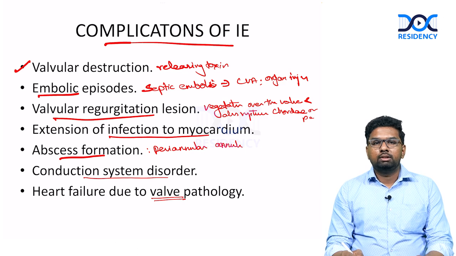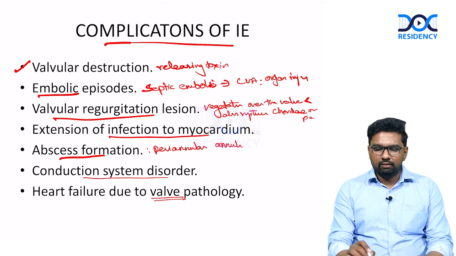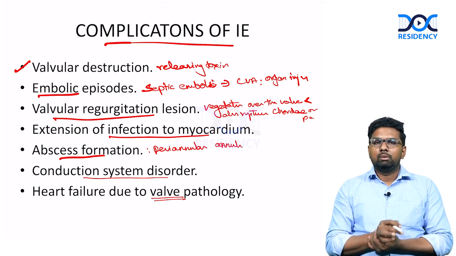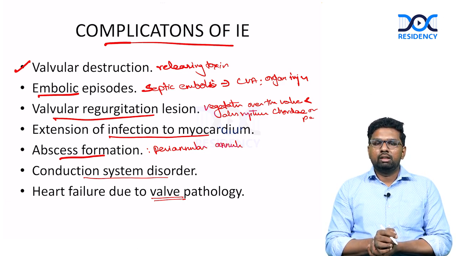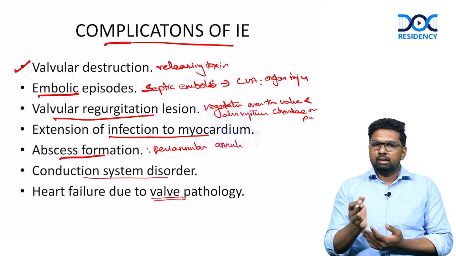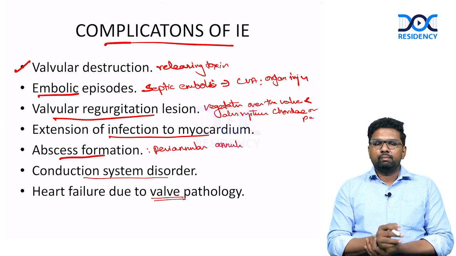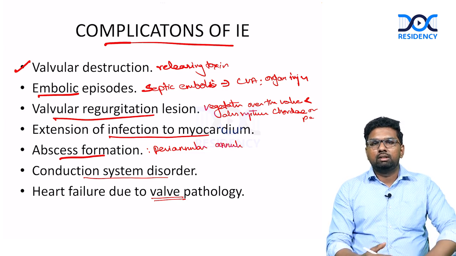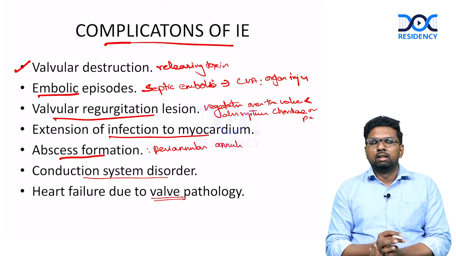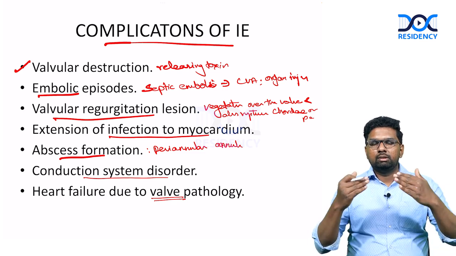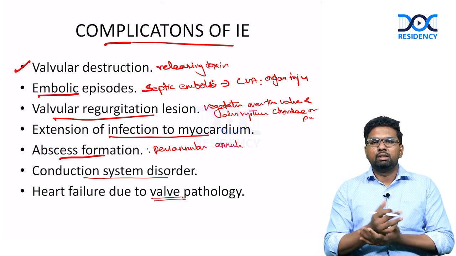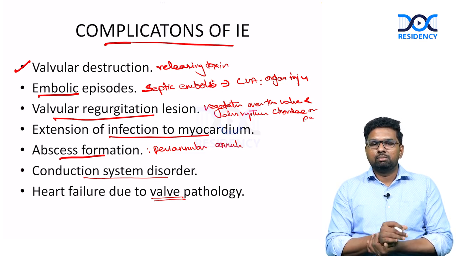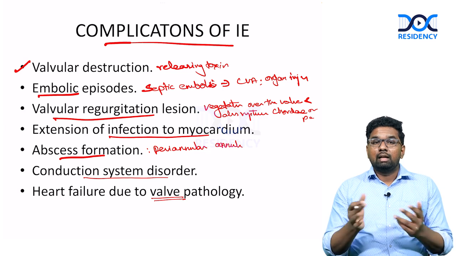So the common complications of infective endocarditis are valvular destruction because of the release of toxins by the causative organism, and embolic episodes like septic emboli that can lead to CVA or any organ injury. Valvular regurgitation lesions occur because of the vegetations over the valve: mobility will be restricted, it cannot get approximated and opposed easily, so it can lead to regurgitative lesions, and extension of the infection into the myocardium,